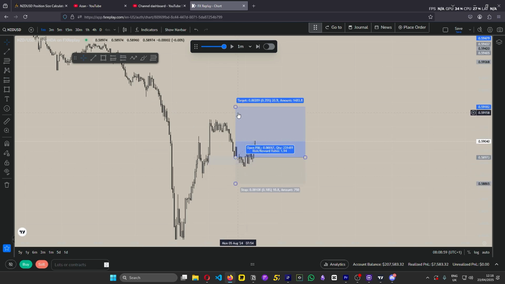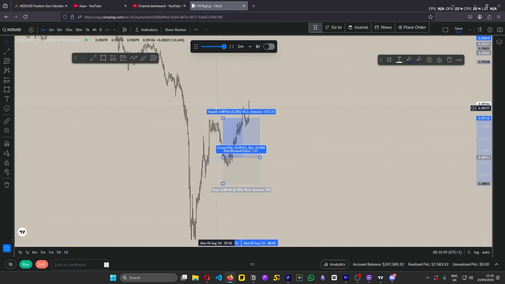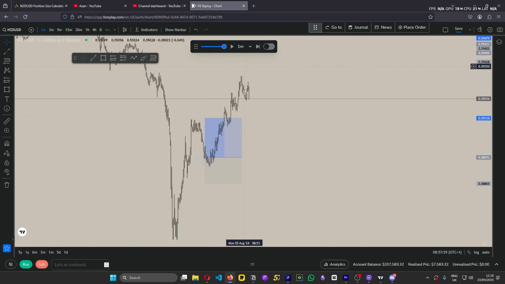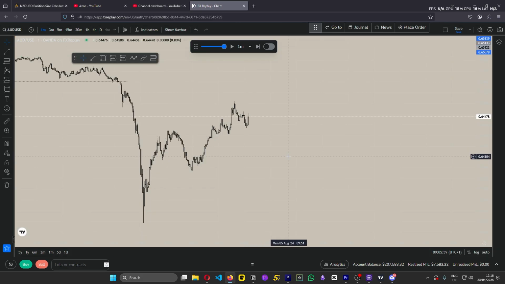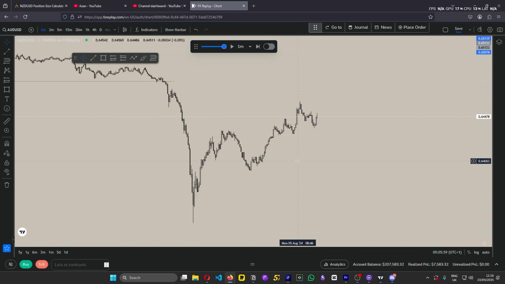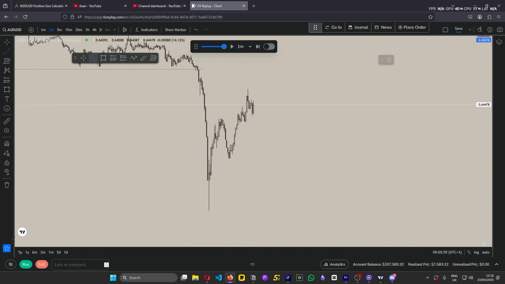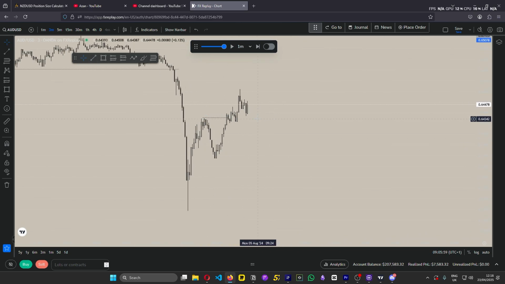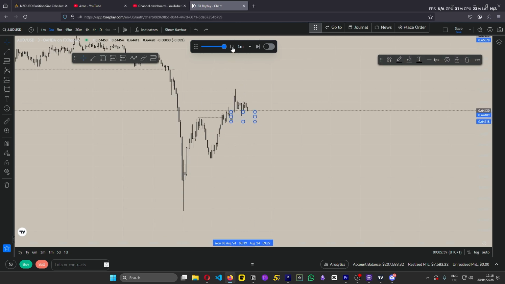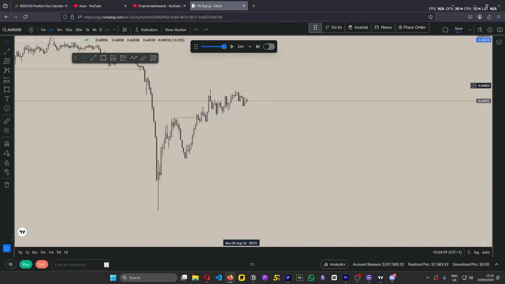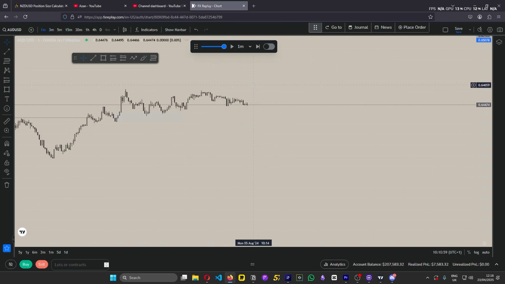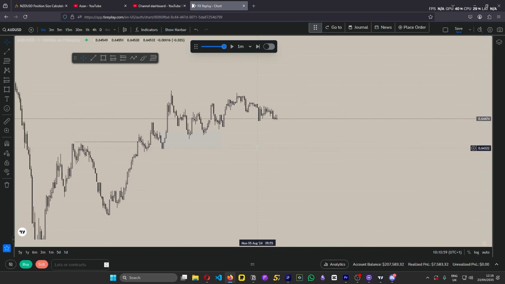I'm gonna chill out on this, alright? I don't think I'm gonna take anything yet. I'm good, bro. I'm gonna chill out for a little minute. I don't want to take any of this stuff. Just broke structure bullish here. 3 minute. This is the last break. Let's see if this plays out as well. No. Okay. It's just ranging now.